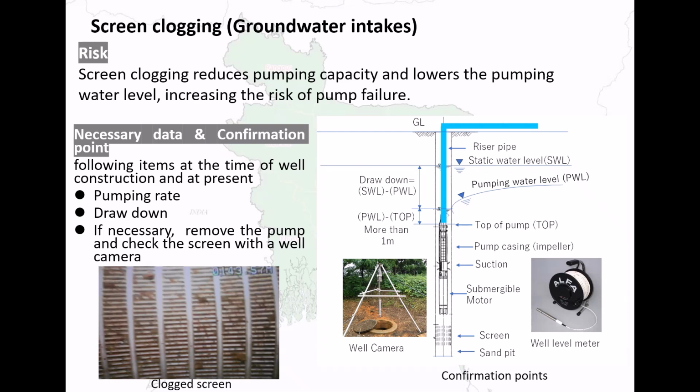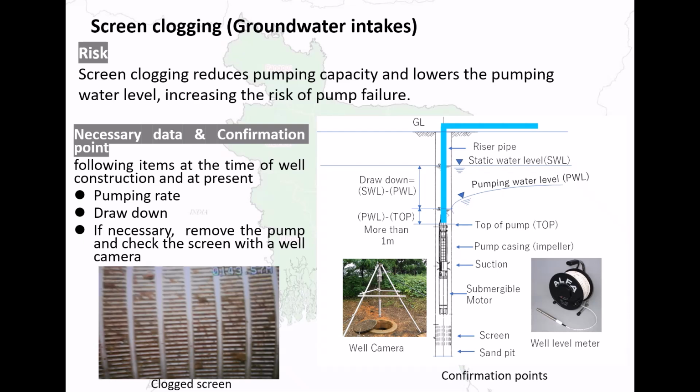Second, drawdown is obtained by calculating pumping water level minus static water level. If the well screen clogs, the water level drop will be abnormally greater than usual, and the pumping rate will decrease due to increased necessary pump head. If the drawdown is more than twice the level at the time of construction, clogging may have occurred, and countermeasures are required. Moreover, the clearance between pumping water level and top of the pump is to be calculated, and it should be more than 1 meter, avoiding dry running.